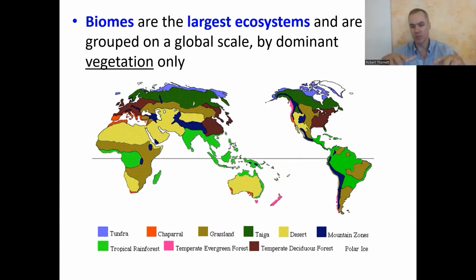There's no one set way. Sometimes you see a map of biomes with 6 biomes, another map with 9 biomes, and 11 on another map. So there's no universally accepted number of biomes. You can cut up the world and chop it into different biomes in different ways. When they classify these biomes, they classify them according to what that area would naturally be, not what it is today. Maybe it's been changed artificially, and now it's full of farms, but it's classified as the type of biome it naturally is.